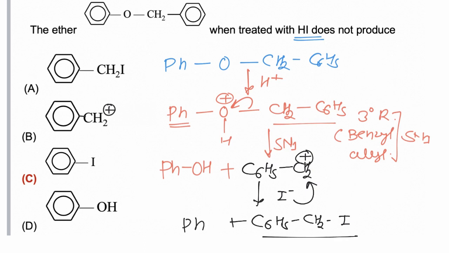So phenol will be formed during the reaction. Benzyl iodide is the final product of the reaction. Benzyl carbocation is formed during the reaction, but iodobenzene will not form during the reaction, and hence the correct answer is